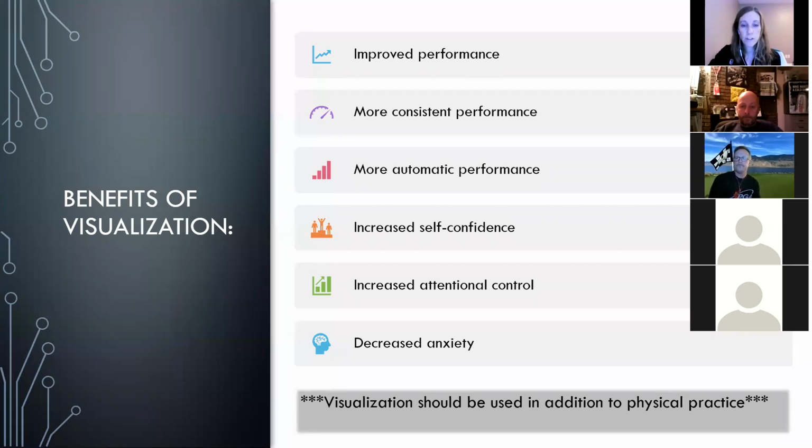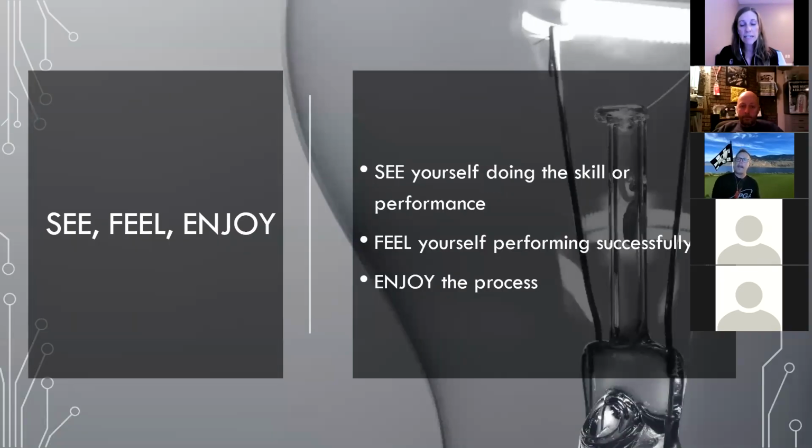So I'm going to lead you through a short visualization in a minute, but I just want to cue you into a few different things. First, as I talk you through this visualization, obviously see yourself doing it. See yourself making the shot, see where the ball's going, all those different pieces that we've talked about already. Actually see that unfolding for yourself. Also, see if you can incorporate that feeling aspect: feeling what your body's doing, your posture, your movement, some of those different senses. If there are sounds, or things that you can taste or smell, or how your muscles are actually moving, those are all feeling pieces that you can put in.